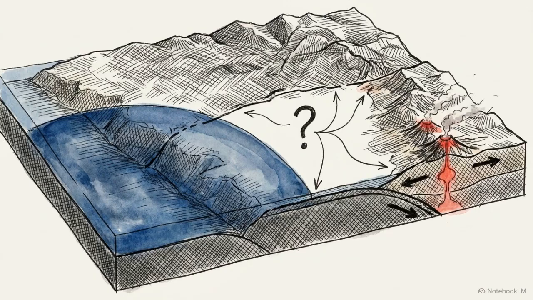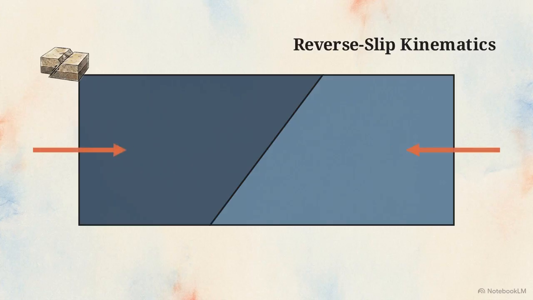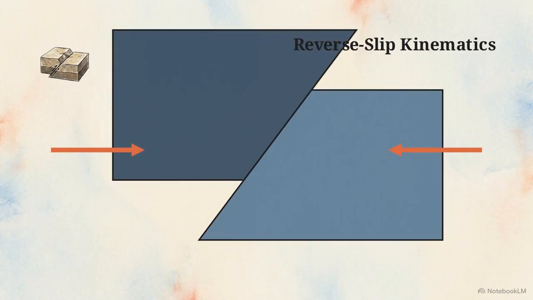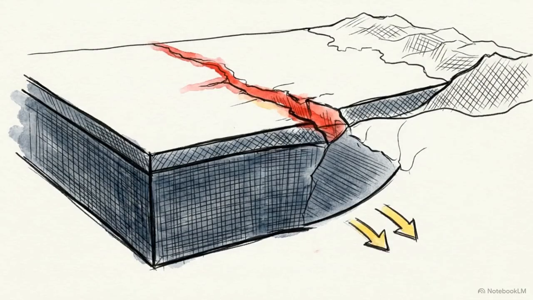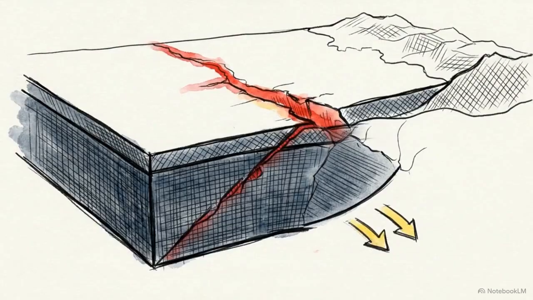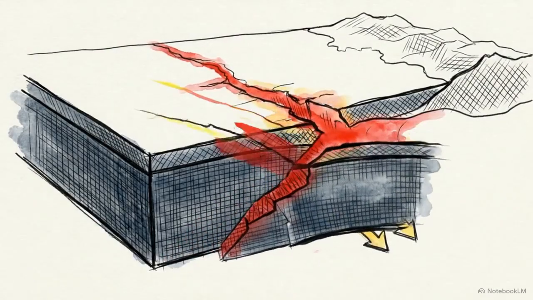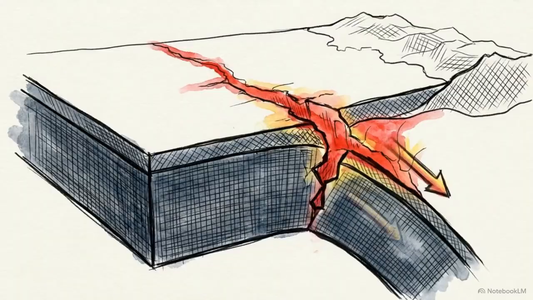The question remains whether all deep subduction earthquakes trigger shallow inland faults. The data provides a negative constraint. When geologists model reverse slip earthquakes, where compressive forces push rock upward, the results change. At the same distance from the coast, reverse slip kinematics generate stress decreases on the El Salvador fault zone. They clamp the inland faults shut, creating a stress shadow. This specificity proves that the loading process depends on the orientation of the initial subduction event. Only extensional, normal slip events load the volcanic arc.